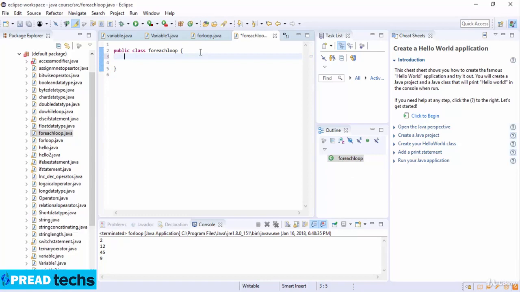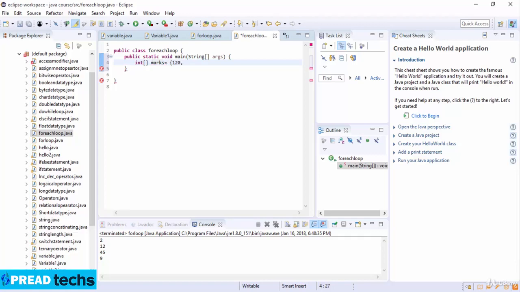Here I write public static void main, String args. Then here I write int array of marks, which is equal to